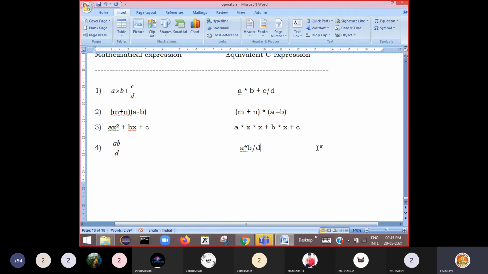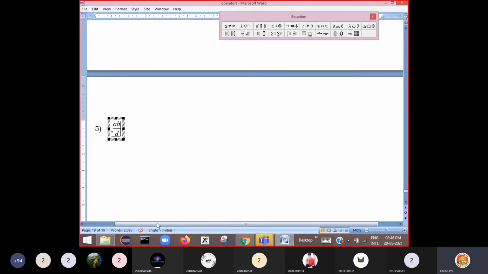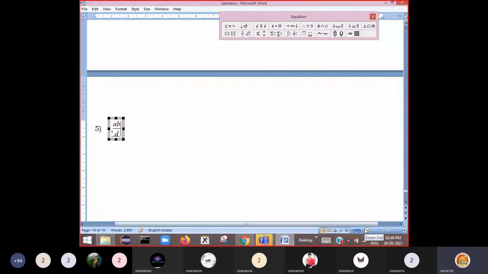Now for the same, if you have a plus symbol here, say for example, I'll add an expression like this, plus x.